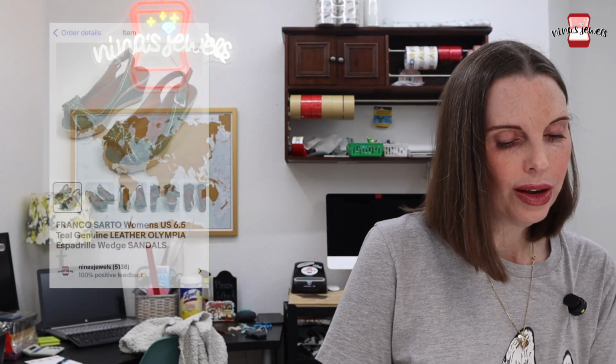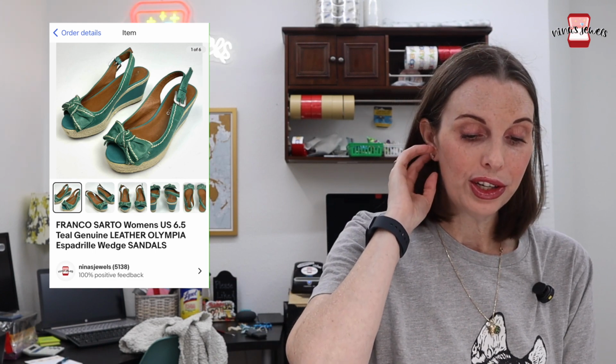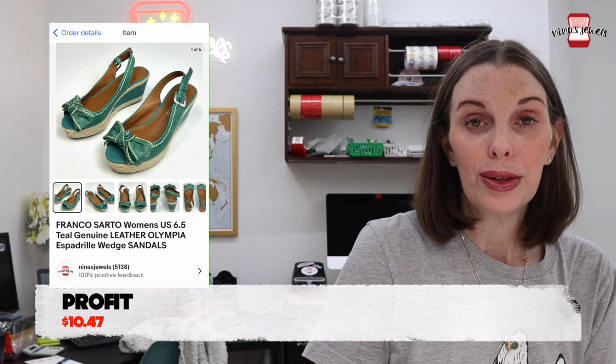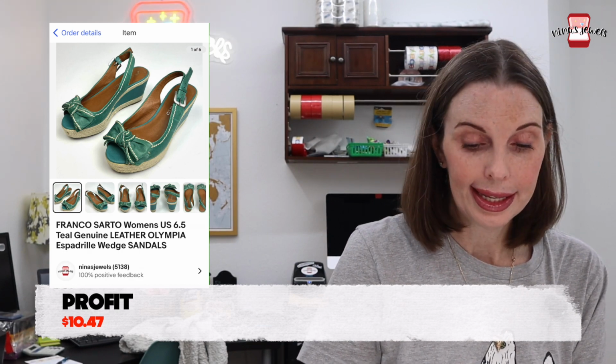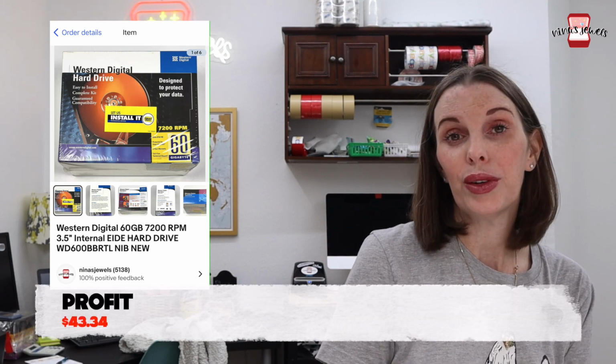Next up was a pair of Franco Sarto women's leather Olympia espadrille wedge sandals. These were actually mine, and I decided to sell those. Those sold for $23.98. Next up was a Western Digital internal hard drive. This was new in the package. We found that at the thrift store, and we had paid $3.24 for it. It sold for